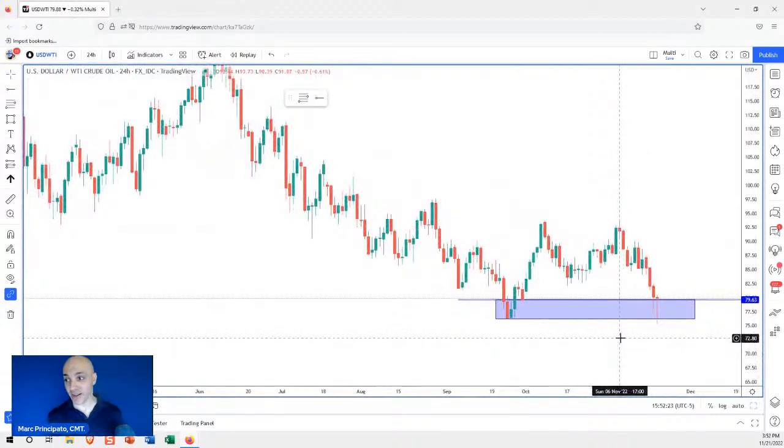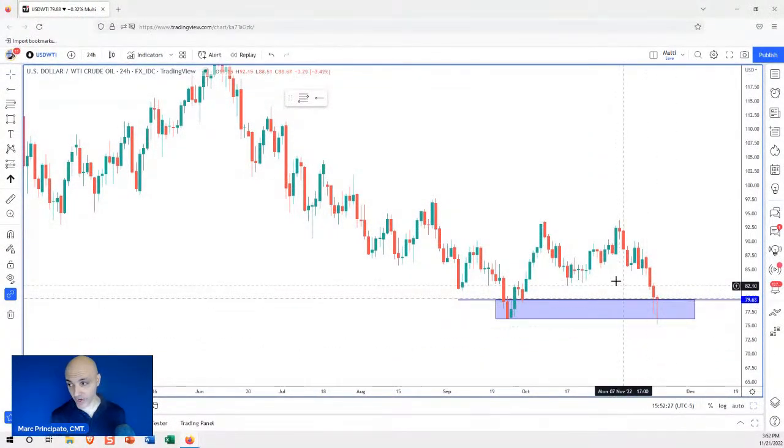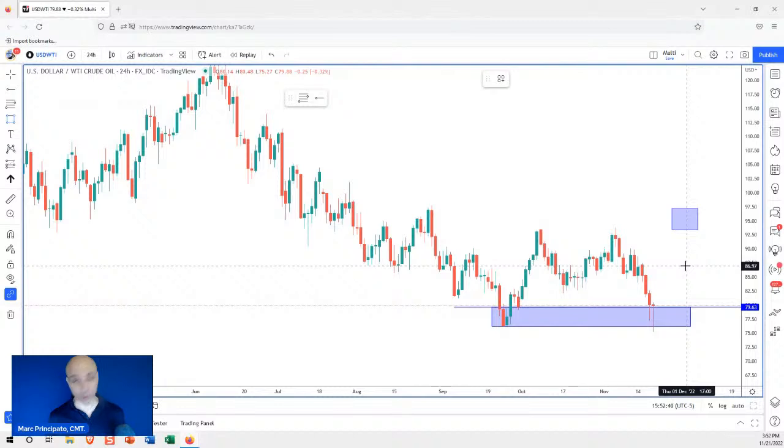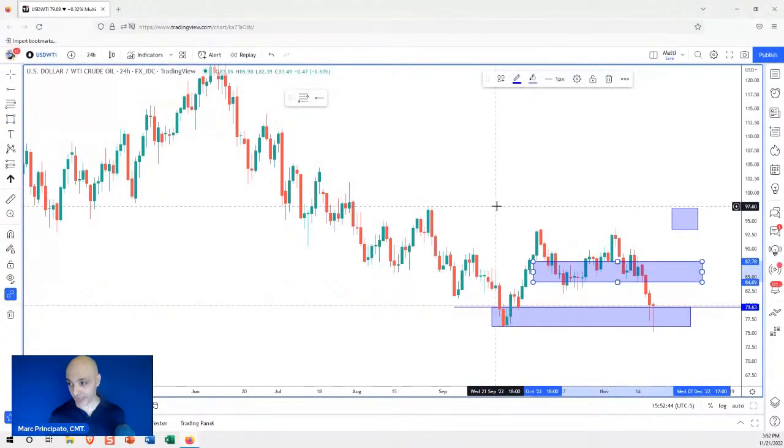Just keep in mind, the bigger picture is not exactly in your favor. Taking a long here may be worth a few points or something like that, but I would not be expecting a trend reversal. Expecting a move to here is not reasonable, okay? Because you're going against a lot of things, especially the dollar. But a move to here is reasonable. That's much more reasonable. So if that's worth your risk, that may be worth an aggressive swing trade.